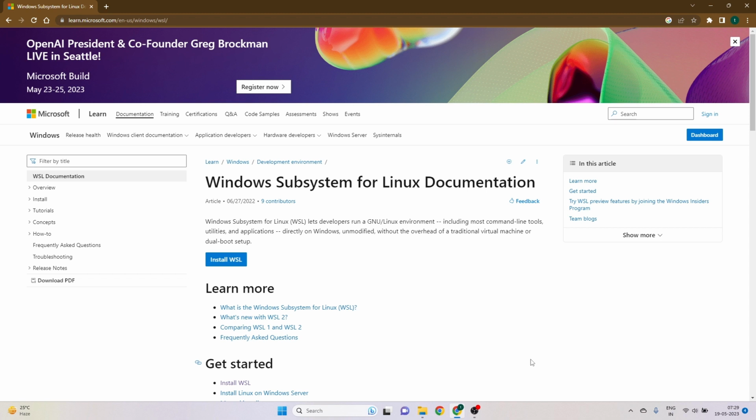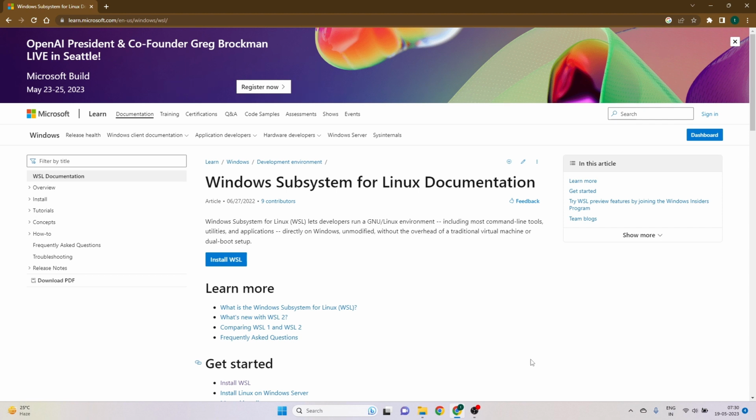WSL, or Windows Subsystem for Linux, allows us to run Linux distributions on a Windows system without needing any virtual machine or VirtualBox. It also helps to run software which is developed to run natively on Linux. So we can run, for example, Cassandra, Kafka, or Docker containers quickly on a Windows system because they will be running on WSL or the underlying Linux kernel. So let's start and see how to activate WSL on a Windows system and how to install Ubuntu on a